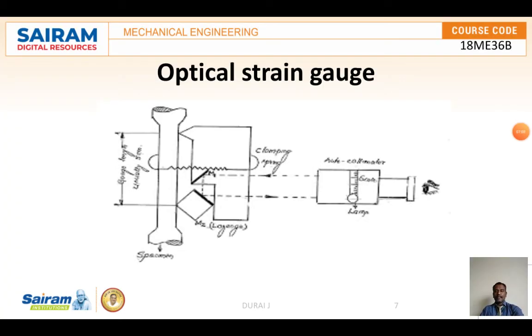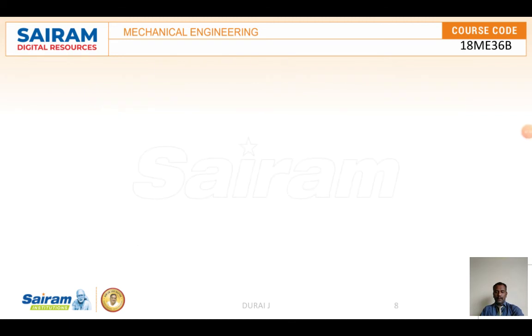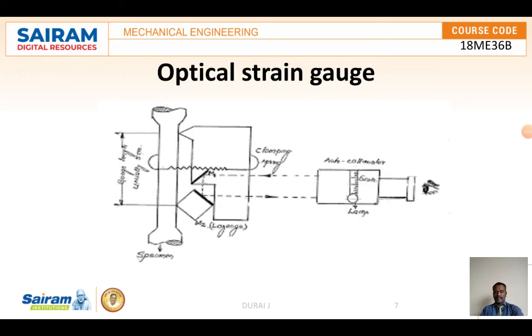The advantages of the optical strain gauges: the position of the autocollimator need not be fixed relative to the extensometer, and readings can be taken by holding the autocollimator by hand. The disadvantages: they are limited to static measurement, large gauge lengths are required, and they cannot be used where large strain gradients are encountered.